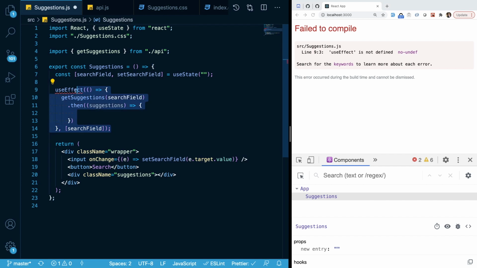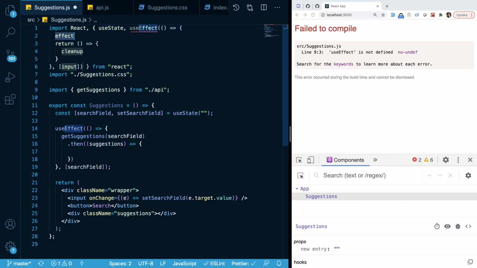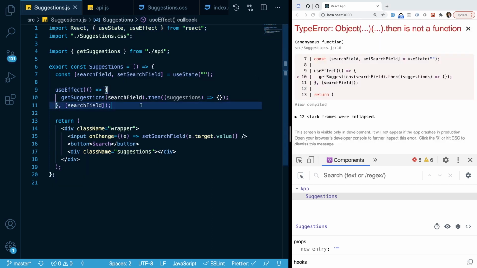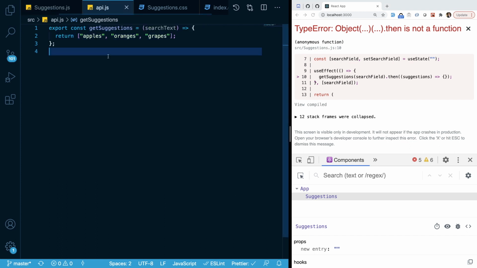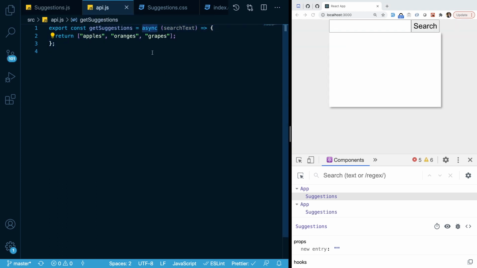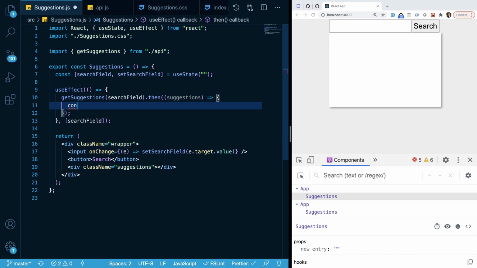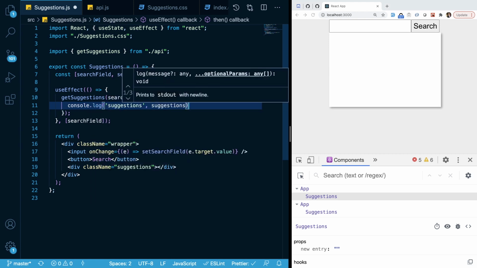So I think I'm getting a little bit ahead of myself. So what I'm going to do first is I'm going to just go ahead and make sure I import that so that we no longer have errors here. And then we want a state variable to basically, oh, it's complaining. We want to make this async to pretend like it's an asynchronous call. So I'm going to go ahead and put the async keyword on that. And now when we get that list of suggestions back, I'll just go ahead and print that out for you so we can see that it returns an array of